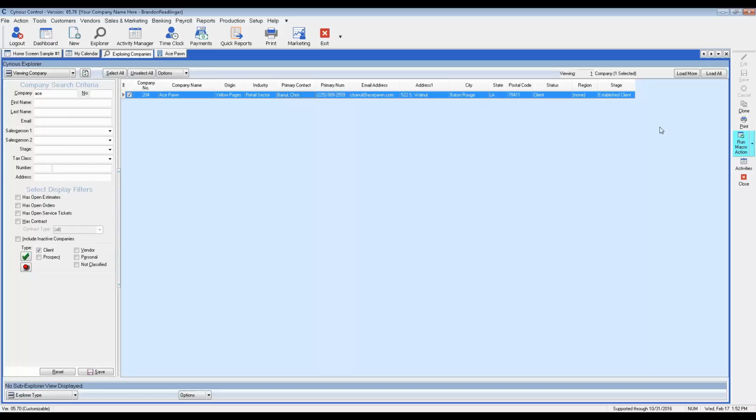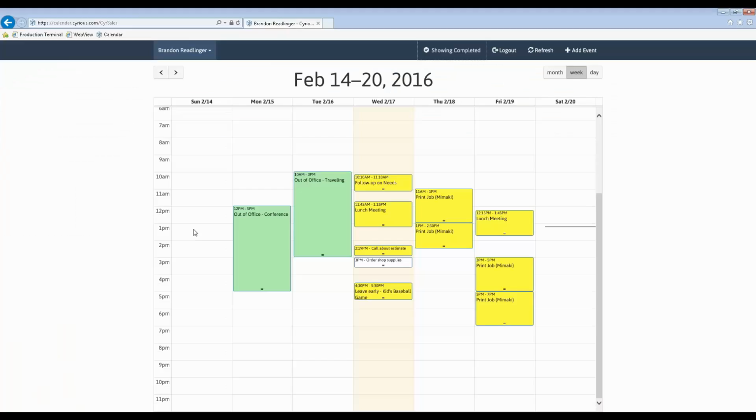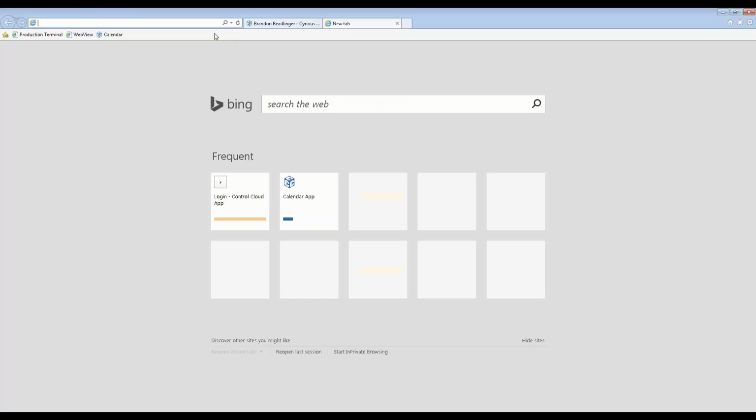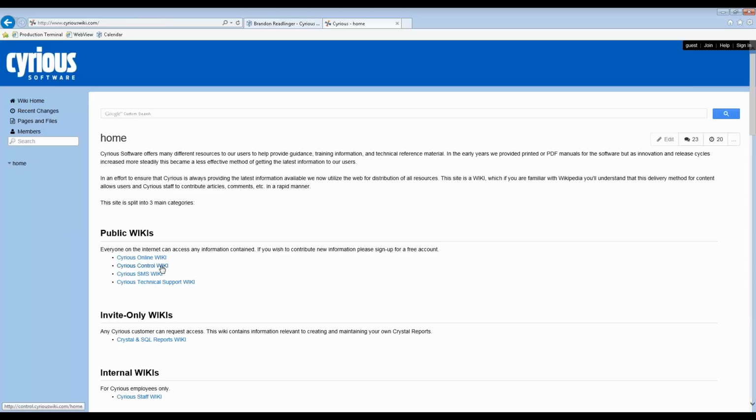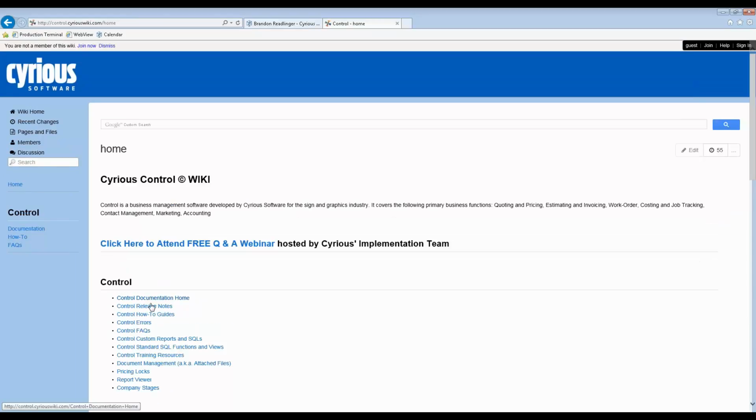And Mike sent in a question asking, can you explain getting the app up and running? Sure. So you do need to be on Control 5.7 or later. And then the first thing, after you make sure that you're on that version, is just go to SiriusWiki.com. If we click on the Sirius Control Wiki here, under Release Notes,